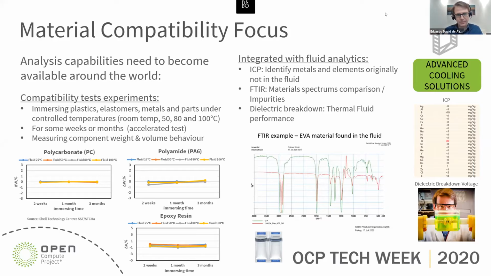And on the right side, we can see some examples where we can use our fluid analytics capability to investigate the immersion cooling fluid properties after the immersion experiment. For example, in the infrared graphic, we can see some traces of EVA, which is ethylene vinyl acetate, through the spectrum comparisons. And also in the ICP, which is the inductively coupled plasma test, we could see a very low concentration of silicon, for example. This data and these techniques, that's why I tried to put them in two different columns,